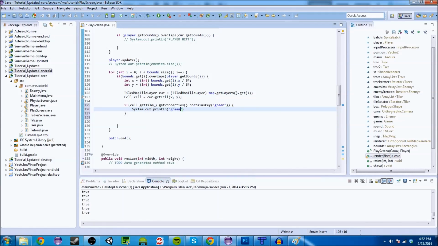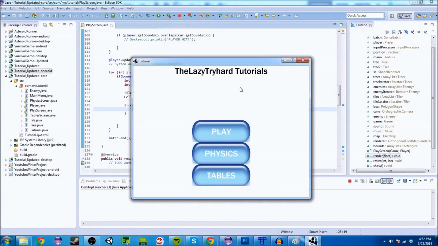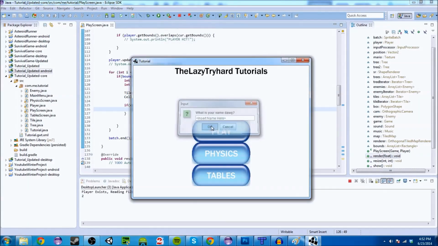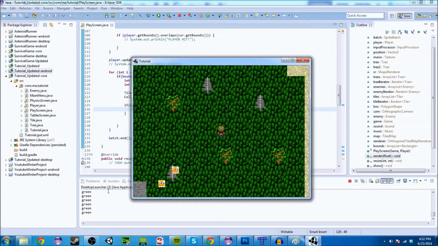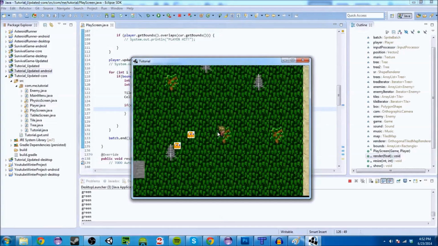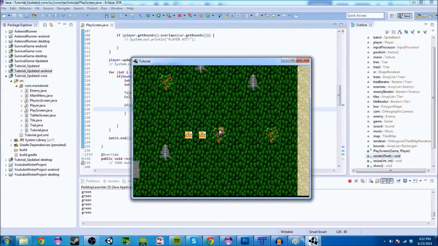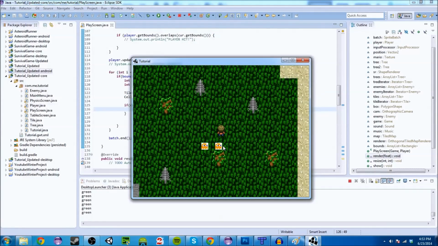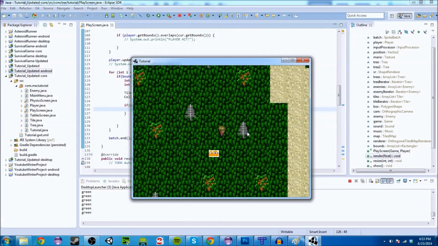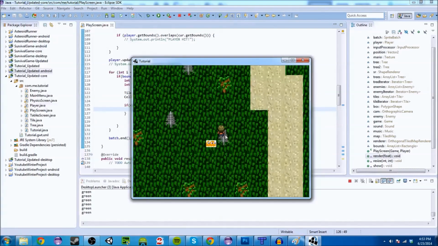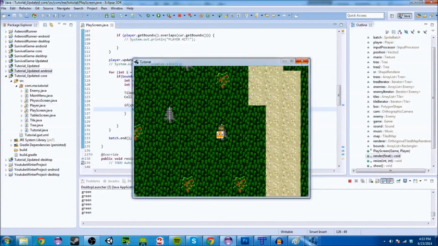And we're just going to say system.out.println green. So, assuming that all worked properly, which if you're seeing this video, that means it did. If we do that, oh, whoa, cool. So now when we land on the tree, it returns green because that has the property green. And on the other hand, nothing happens here because we're on a gray